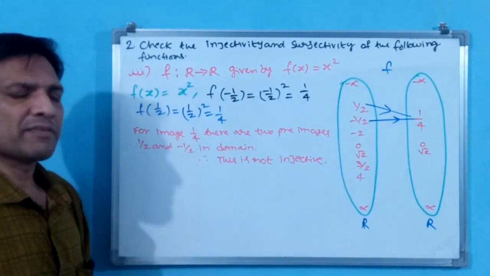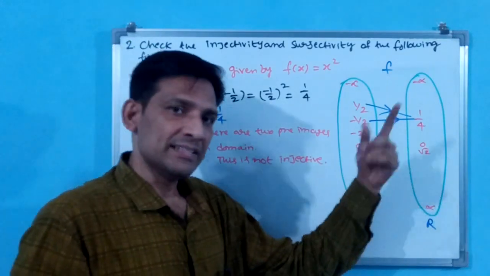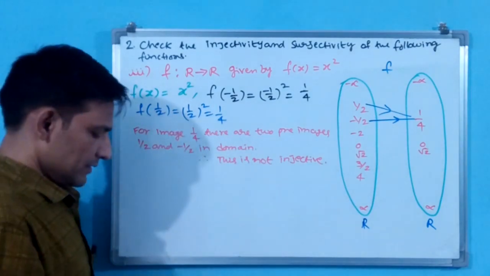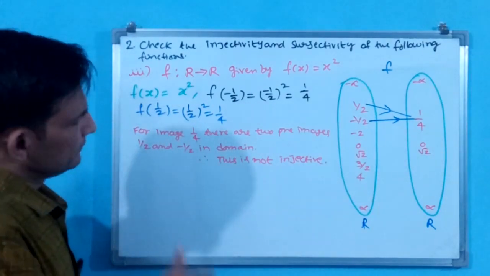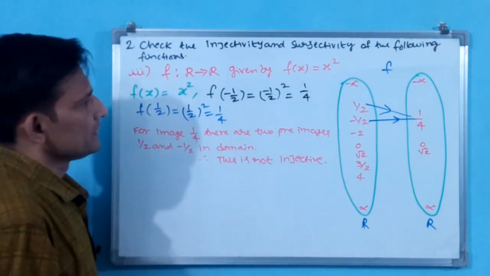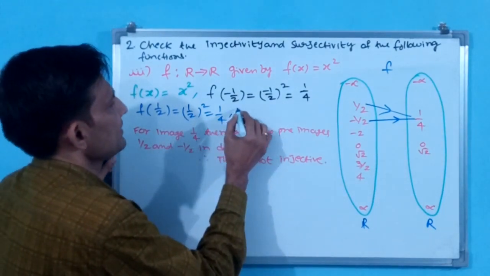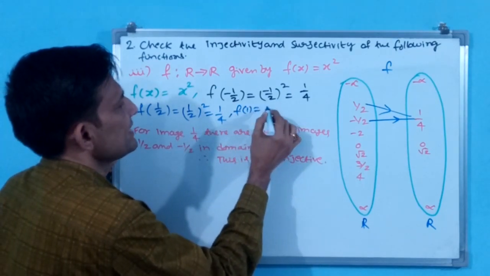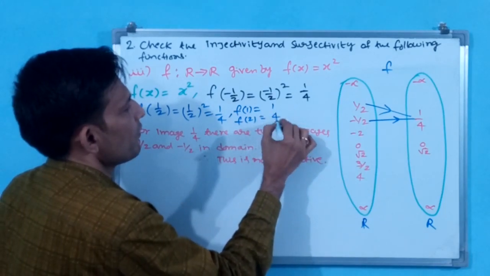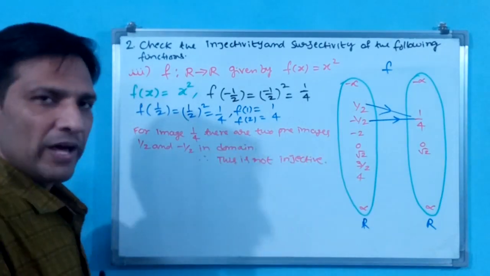Surjectivity means what? Surjectivity means here no element should be left, and codomain and range should become equal. We will see. See, we have taken one same case. Square means several are going to be missed. Now I take like this. f of 1 is equal to 1. f of 2 is equal to 4. Okay, 1 to 1, 2 to 4 relation is there.